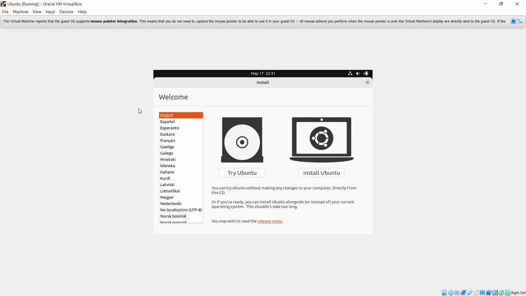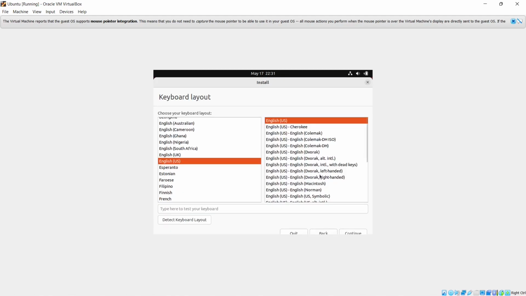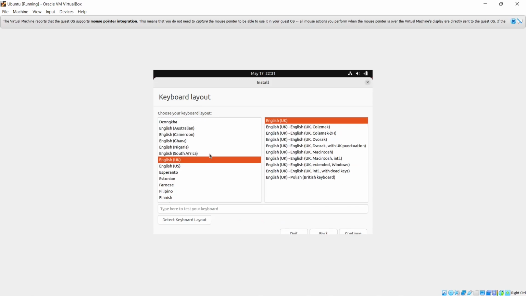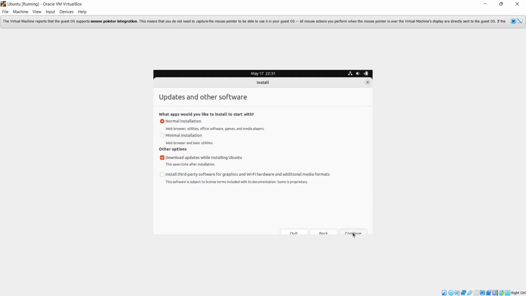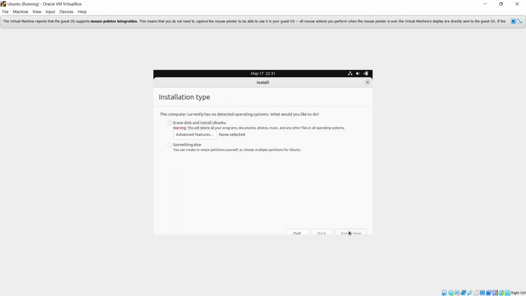Depending on your processing power of your PC, the installation might take a while. Click install Ubuntu, select your keyboard layout, continue. We'll do normal installation and click install now,